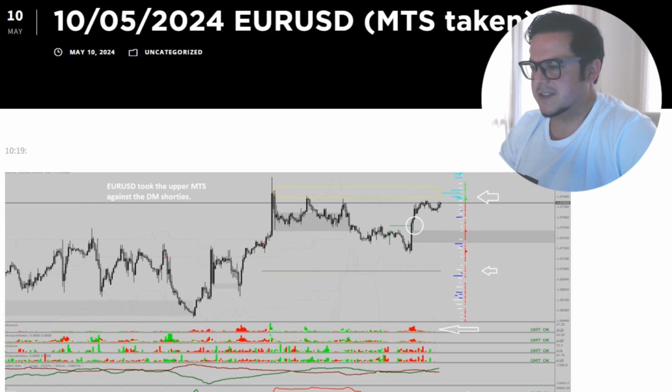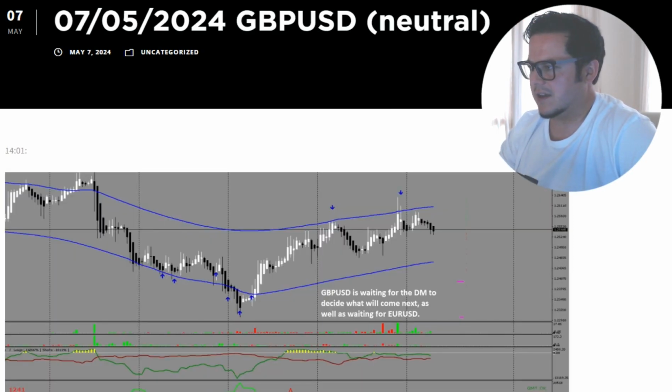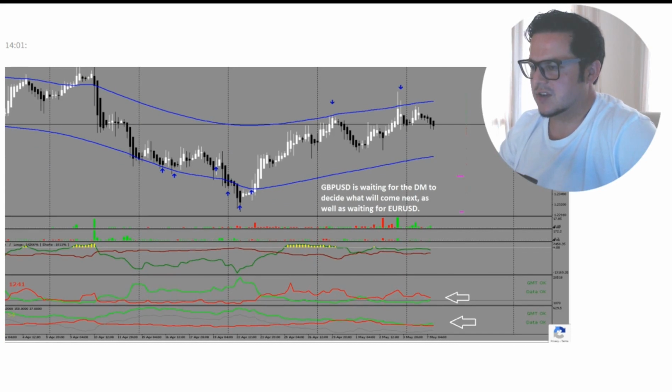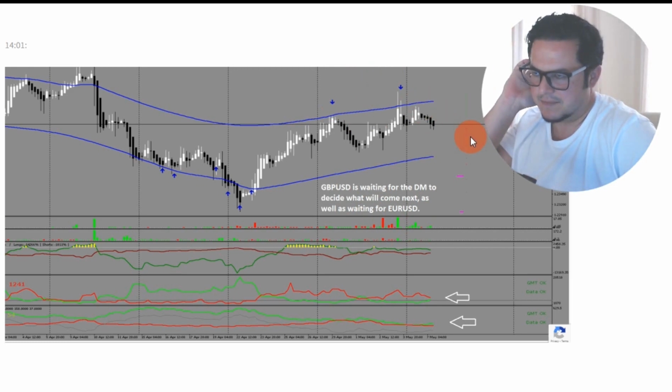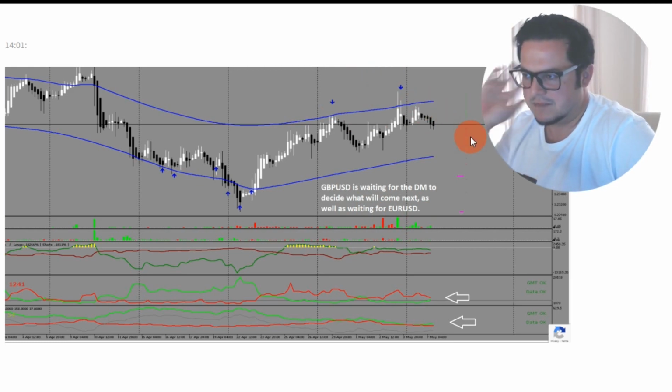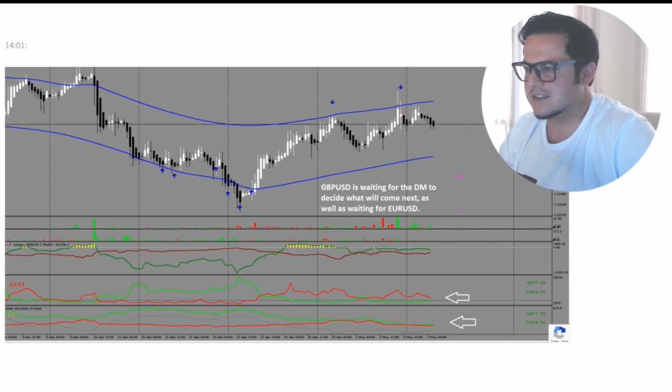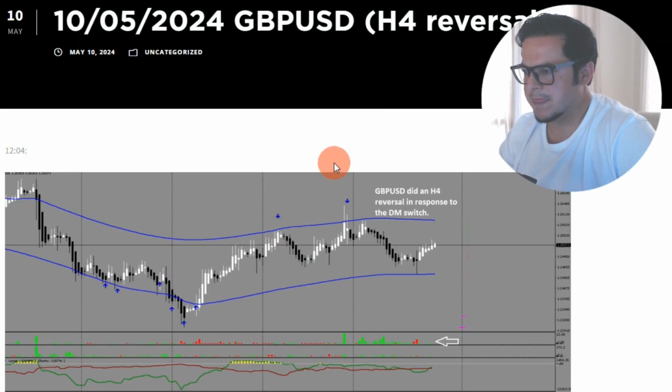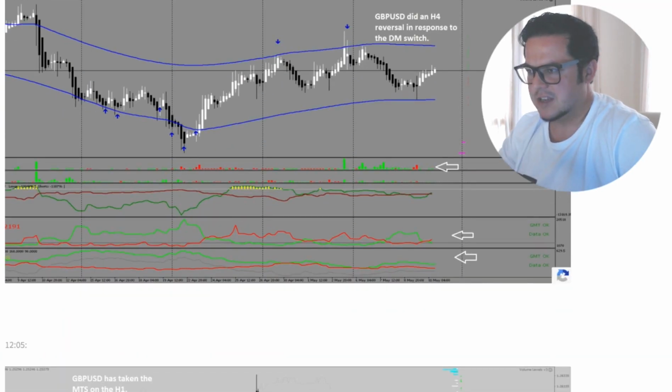And of course, this big scenario has influenced all other markets. So here we see in pound dollar was a similar thing with a dark money switch from shorties to longies. Therefore, post stop hunt, the smart money algos allowed pound dollar to come down against those dark money longies, all the way down with 4-hour reversal energy. There was a beautiful short trade against those longies.